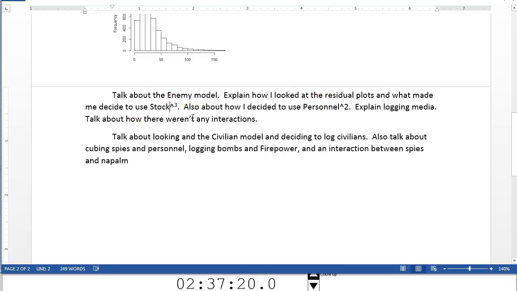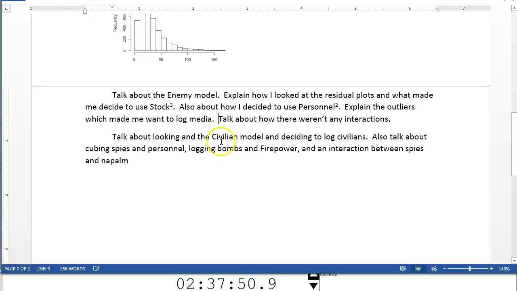And I want it to look nice, so I guess instead of caret notation, I'm going to do squared. That's not necessarily something I'm going to grade too harshly, because figuring that out is not necessarily easy, depending on how comfortable you are with Word or whatever program you're using. And logs are a special unique tool. There's specific outliers that make you think a log is a good idea.